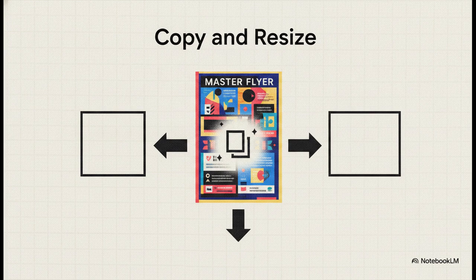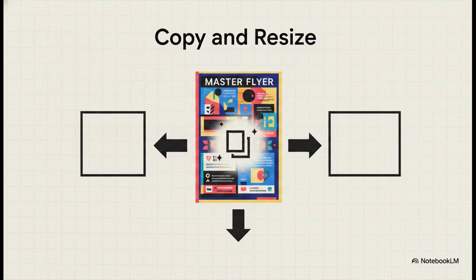If you're using a tool like Canva Pro, you can use the copy and resize feature to adapt your design instantly. You can actually check off multiple formats at once. Boom, Instagram post, Instagram story, and a postcard, all in one go. The huge pro tip here is to make sure you choose copy and resize instead of just resize. That way, your original master document stays totally intact, while the system generates a new folder with all your new,